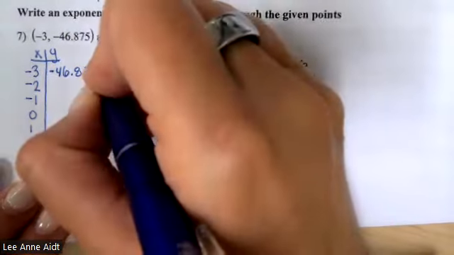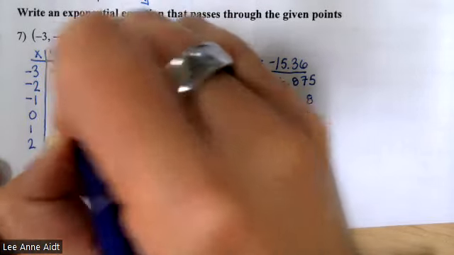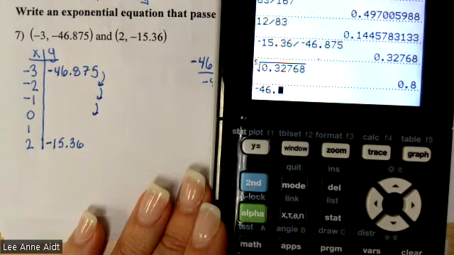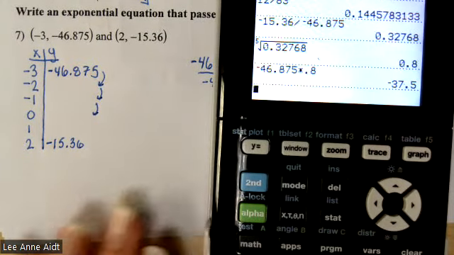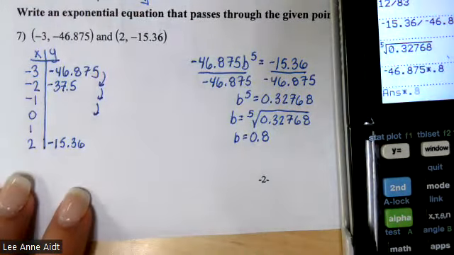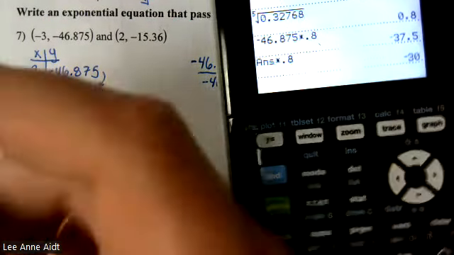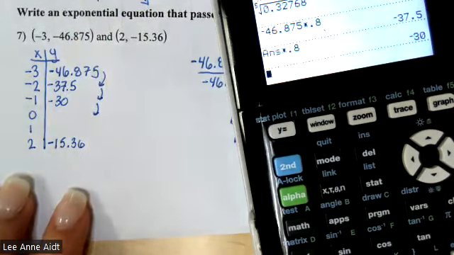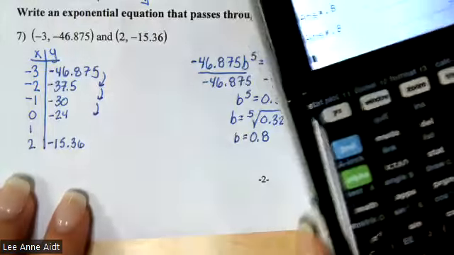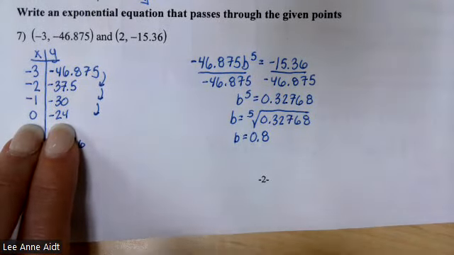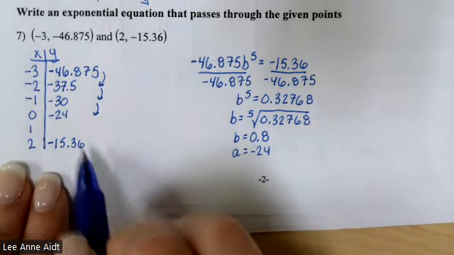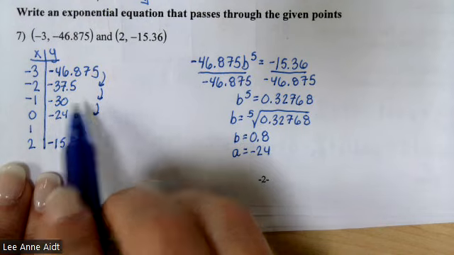Okay, so that's B. Now I have to get A by multiplying. So I've got to go for negative 46.875 times 0.8 times 0.8 times 0.8 to get A, which is right next to the 0. You guys know to multiply going down the table and divide going up the table, correct? Okay,